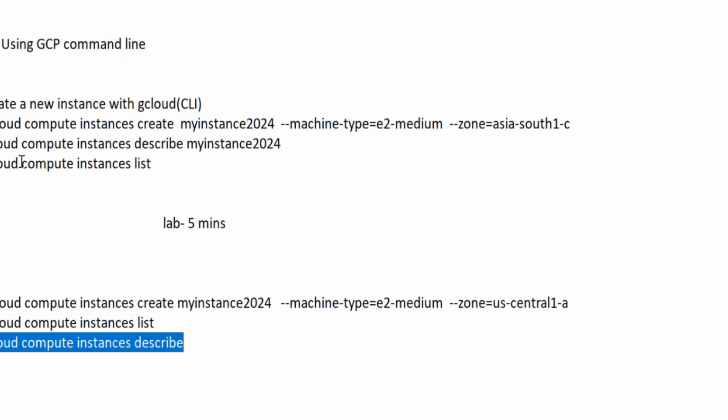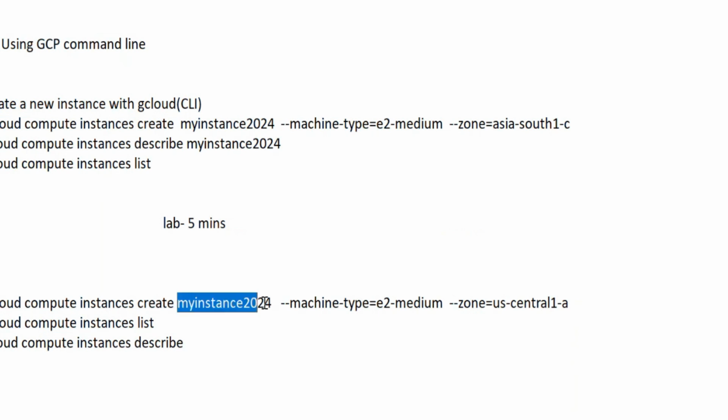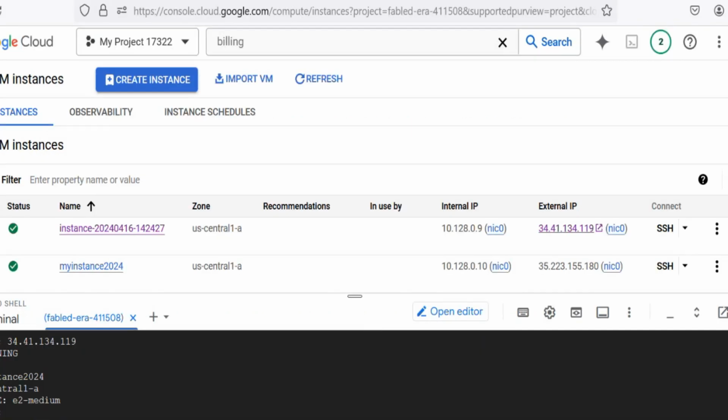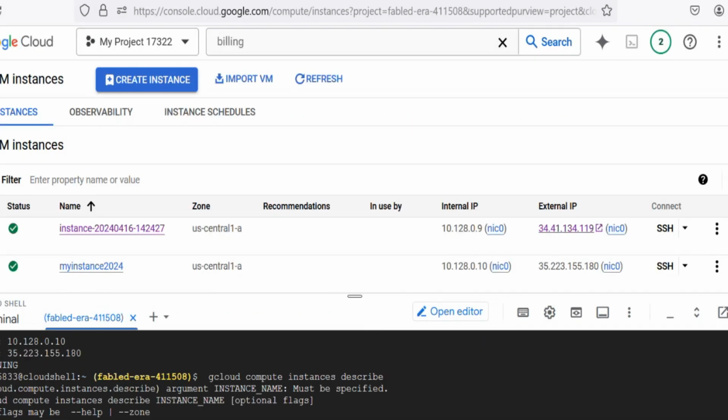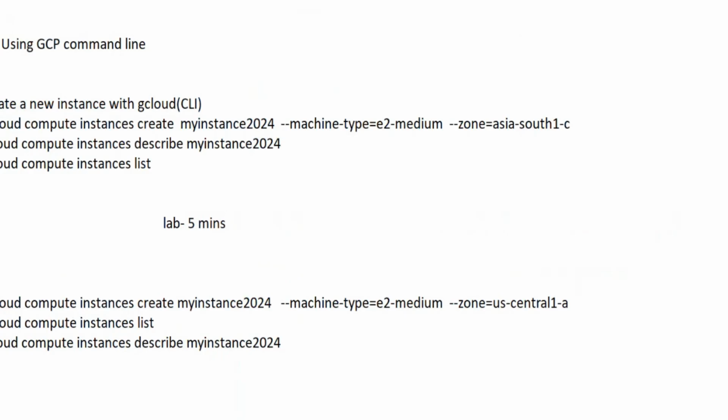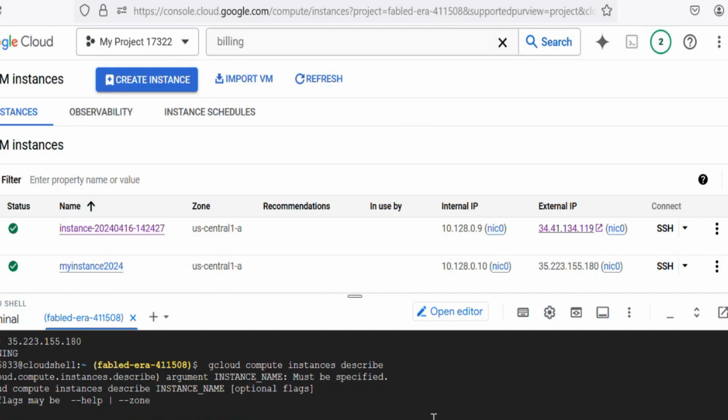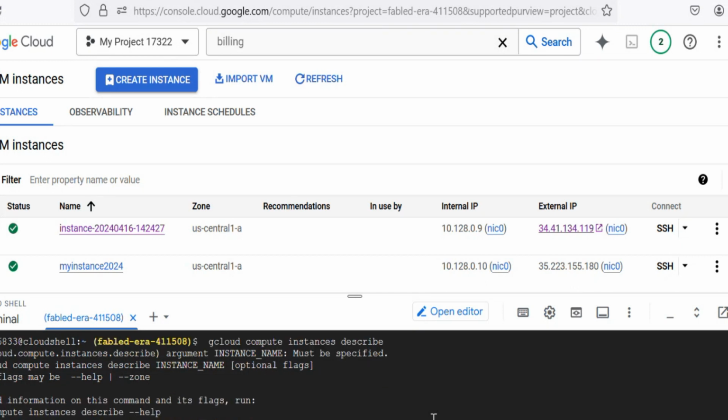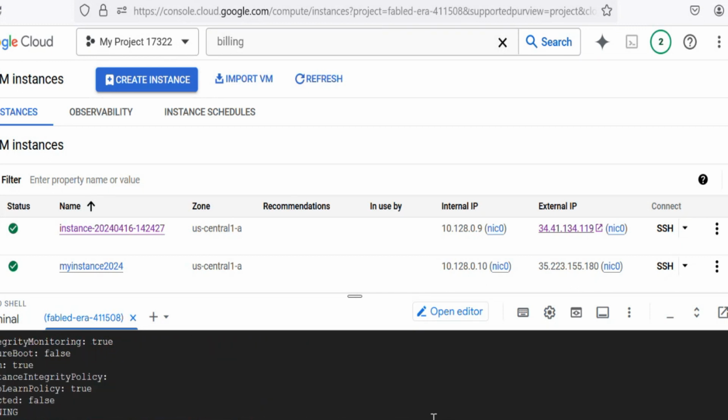So if you write here gcloud compute instances describe my instance, it will show you. You have to define the instance name to execute. You can see it is describing the instances. Fine. Let's come to